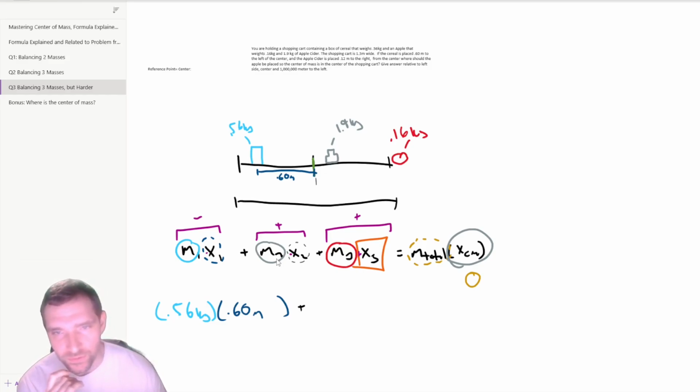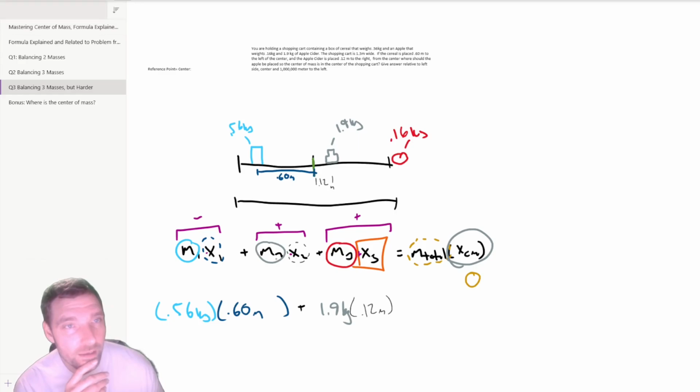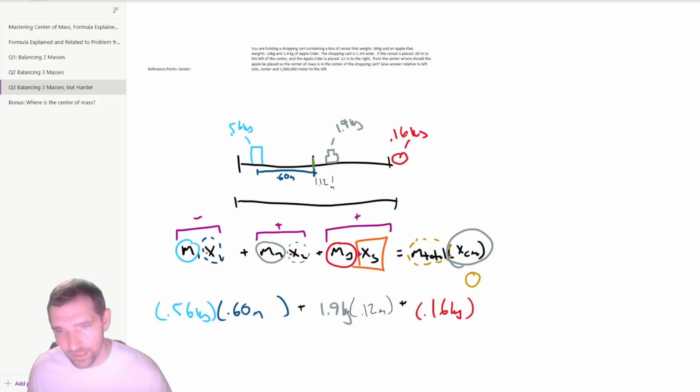It's like 1.2 or 0.12. Yeah, 0.12 meters there. So we've got that x2. And we've got our mass, 9 kilograms. And then this mystery number times the third mass. So we've got the 0.16 kilograms times